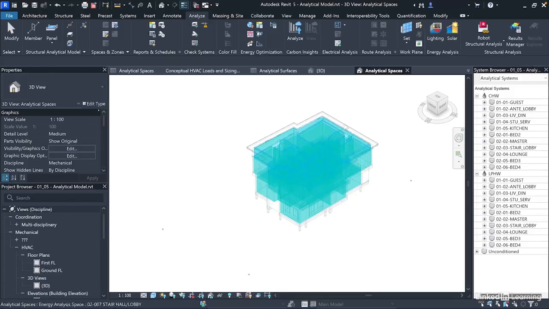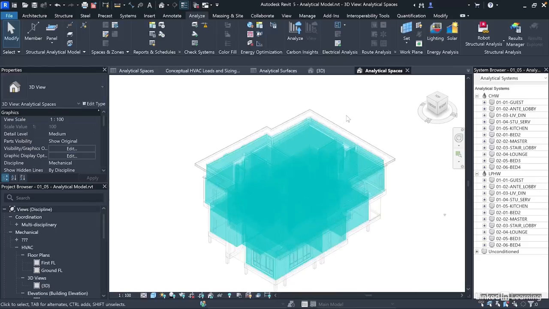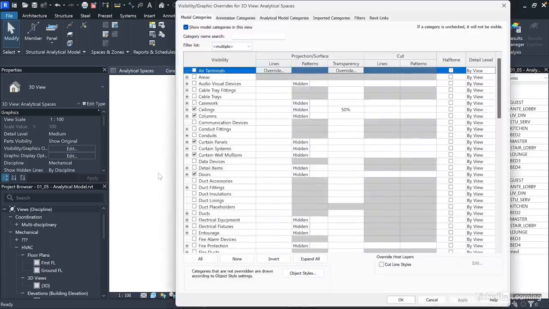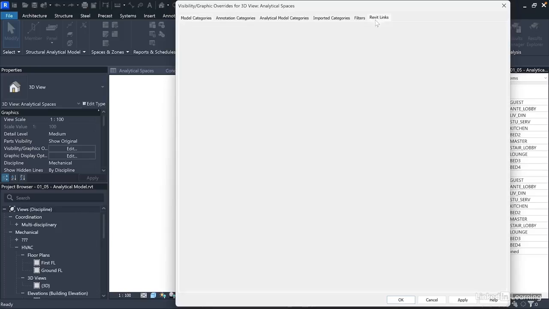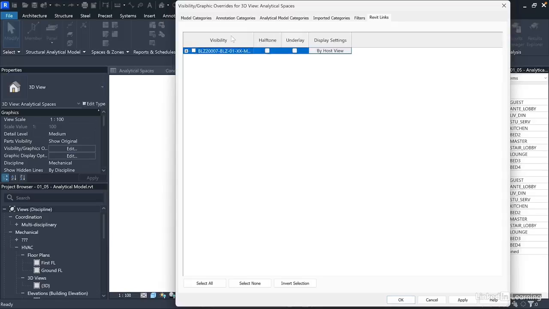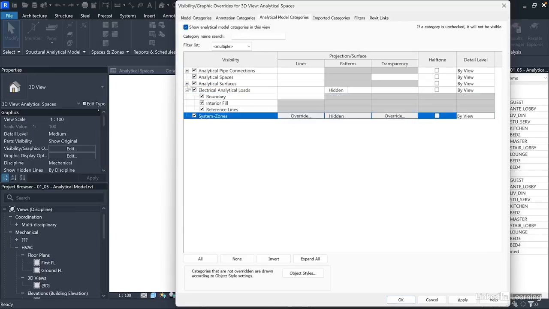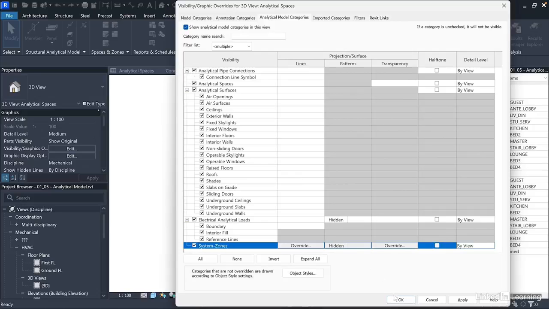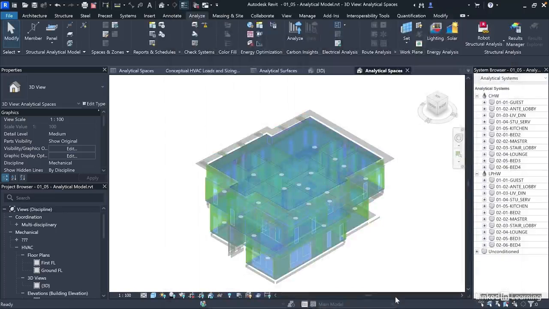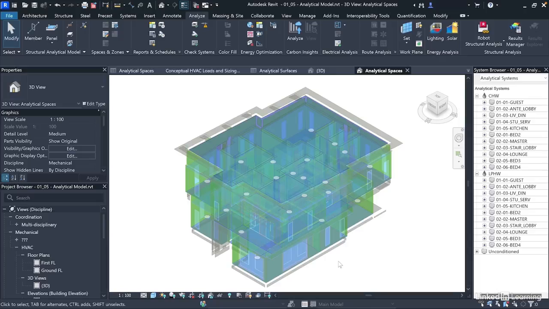Now, to review this generated model more closely, we need to turn off the model categories and external links. To do that, go back to the visibility graphics by typing VV or VG. Disable Show Model Categories in this view and disable the visibility of all the linked files. Then from the analytical model categories, turn on the visibility of all the categories and subcategories. Then click OK to close this dialog. So this is our energy analytical model for the facility,